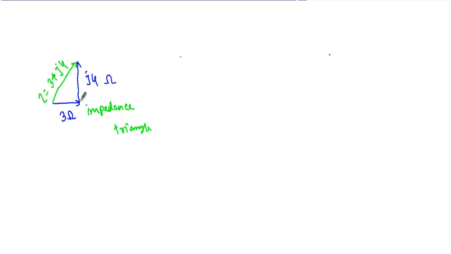And see, this j4 will create 90 degree with the reference axis. So this will be 90 degree and this is a right triangle in which the horizontal axis indicates resistance R, this vertical axis indicates reactance X, and this hypotenuse indicates impedance Z. Okay,